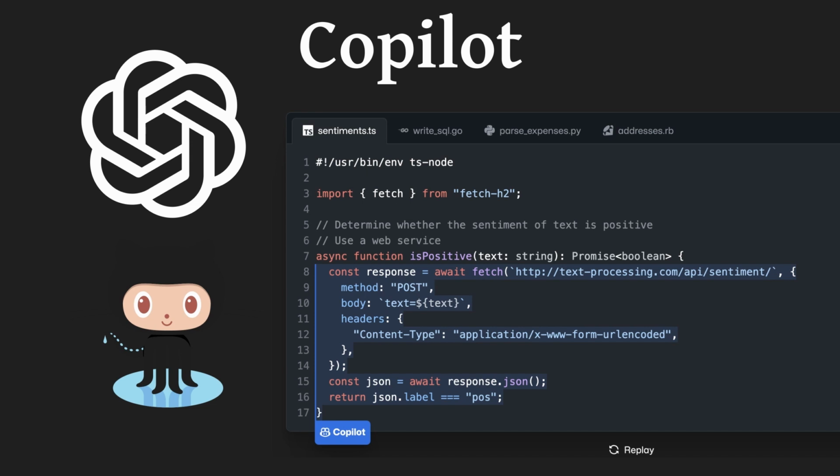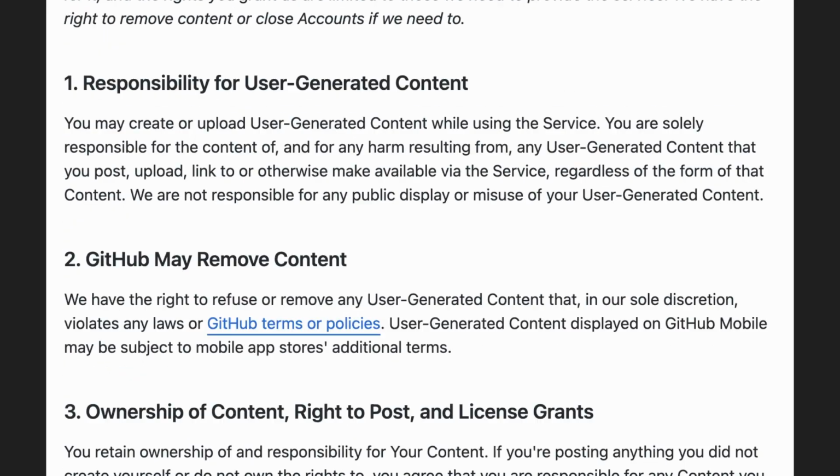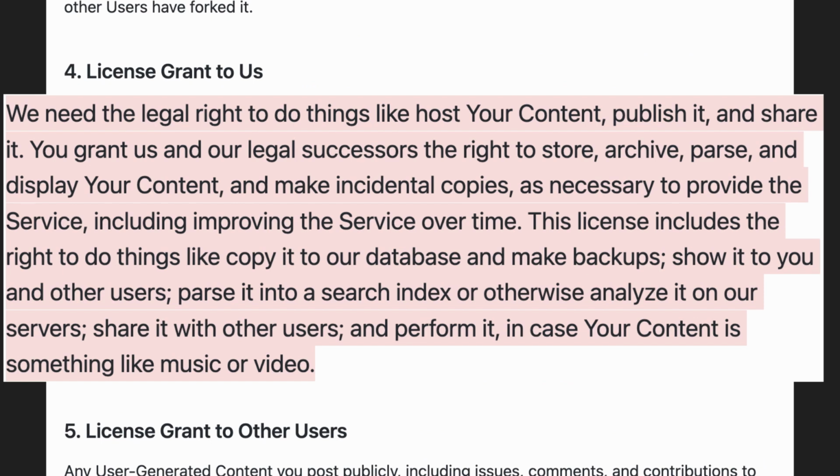Now that you have looked a bit into its history, we can start asking some questions about how it's able to work as a product and even offer a paid tier. The first question that comes to mind is, can GitHub Copilot just use public code on its site to train Copilot? According to the terms of service, GitHub has a right to store, archive, parse, and display your content and